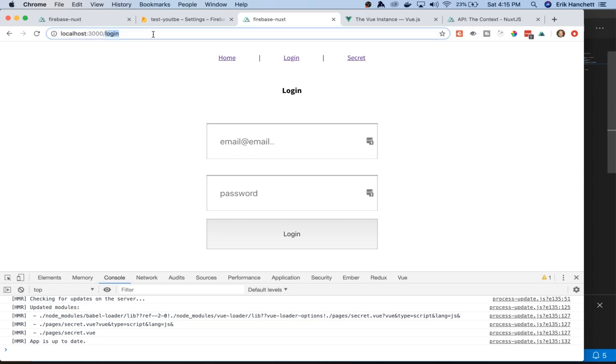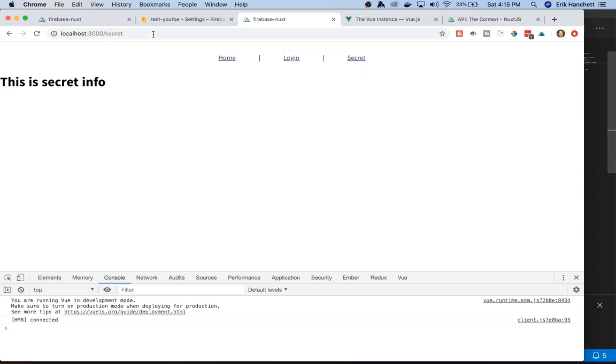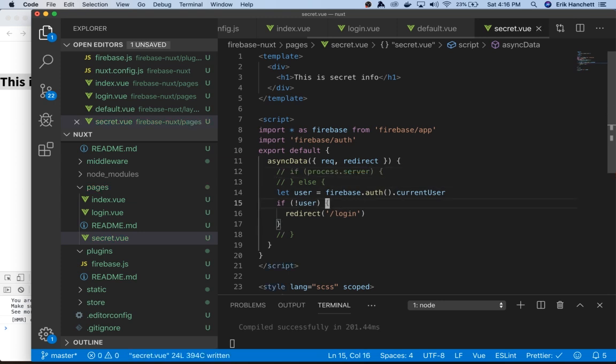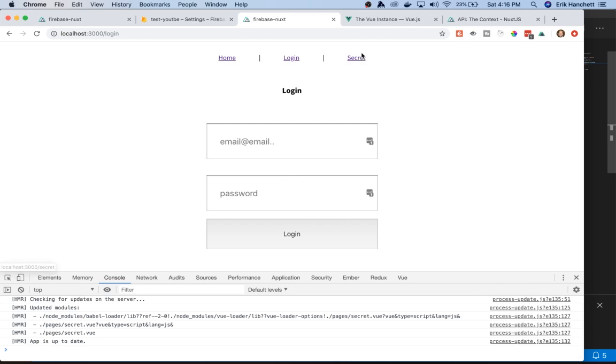However, if we type in secret here, we still are able to get into it. You're probably thinking, why is that? That's because this is run on the server side. The problem is that if we run it on the server here, we don't have access to the Firebase auth current user. We can't tell if the user is correct or not. So let's say we just took this and commented all this out, and we just did this every time. If I hit secret, it still works, but if I put in secret in here,